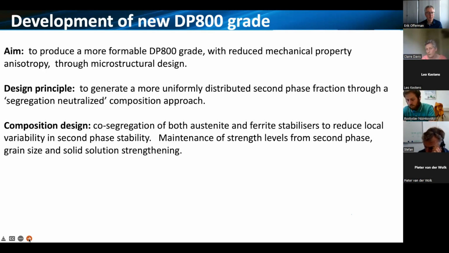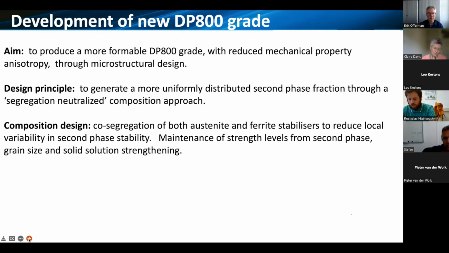Also, we thought we'd make life difficult for ourselves and try and ensure that this could potentially be done in an economic way, so not putting in lots of additional processing steps. There's some really nice work that people have done using additional heat treatment cycles to give high ductility DP steels. We said, no, let's see if we can achieve something without doing that and without making it too expensive from a compositional